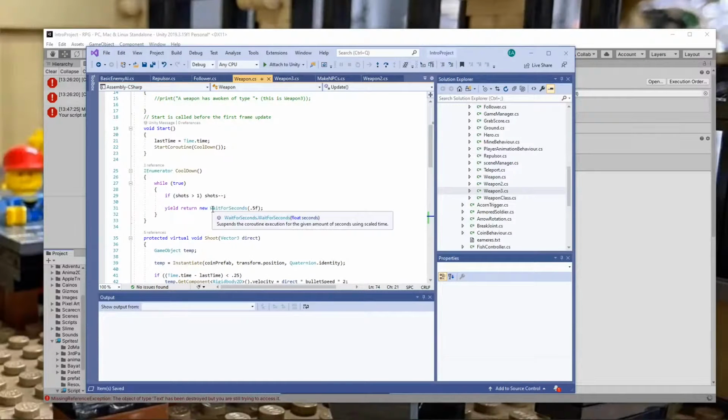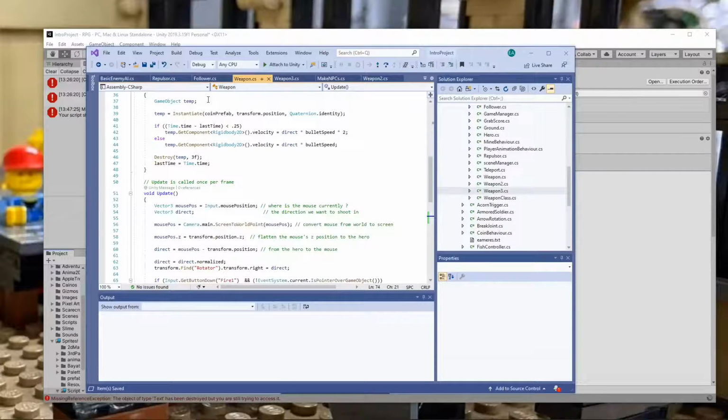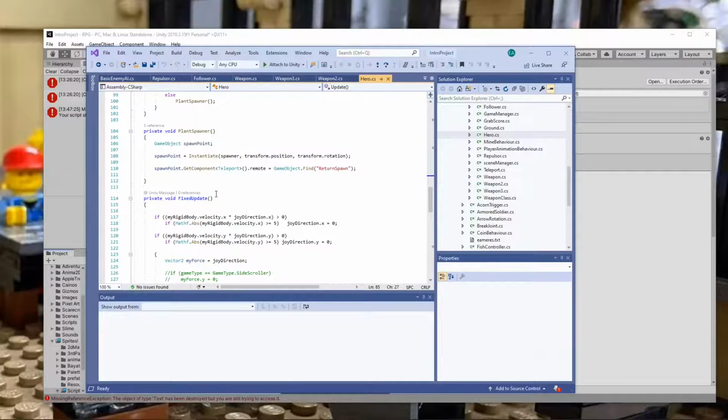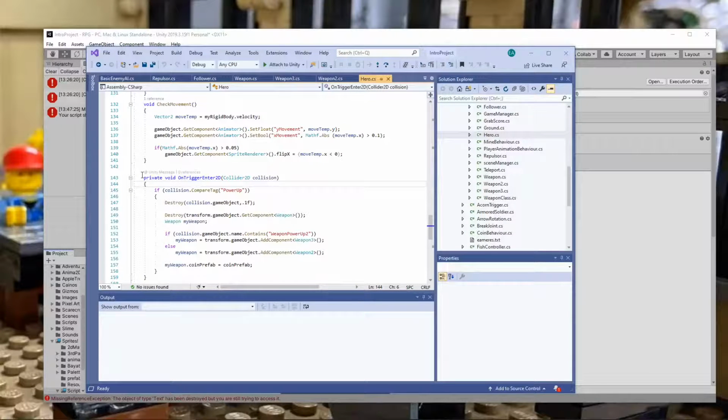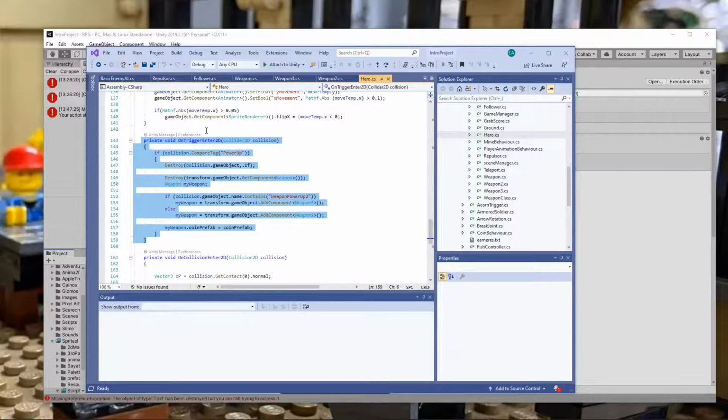Now you might be asking yourself, how is this weapon changing? This is actually happening in the hero. If the hero collides with a power-up, there's a trigger. Inside the hero's routine, if collision compare tag is power-up, the first thing I do is destroy the thing I collided with in a little bit, but I'm also going to destroy whatever weapon I currently have.